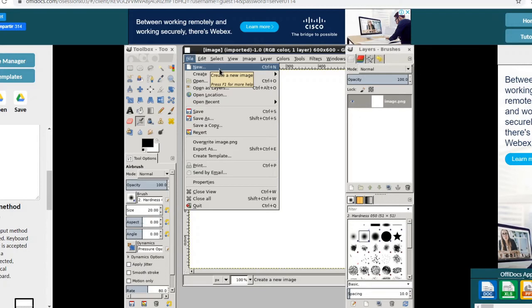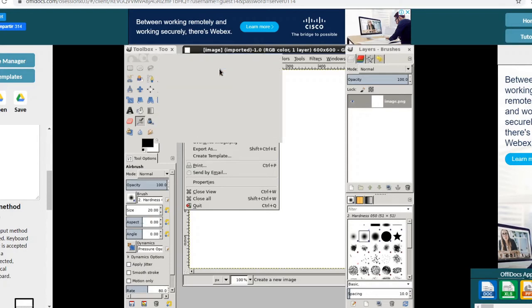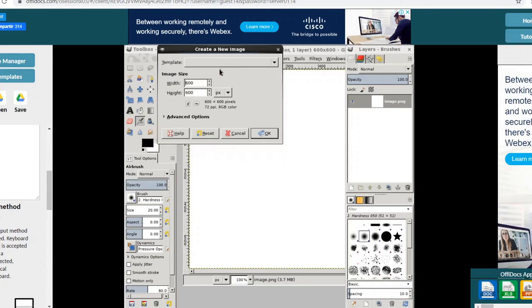When you click on the new option, you will find this type of dialog box. The Create a new image dialog box will appear on the screen. In the width box, students, you can enter the required width for your image. Under it, this is the height box.